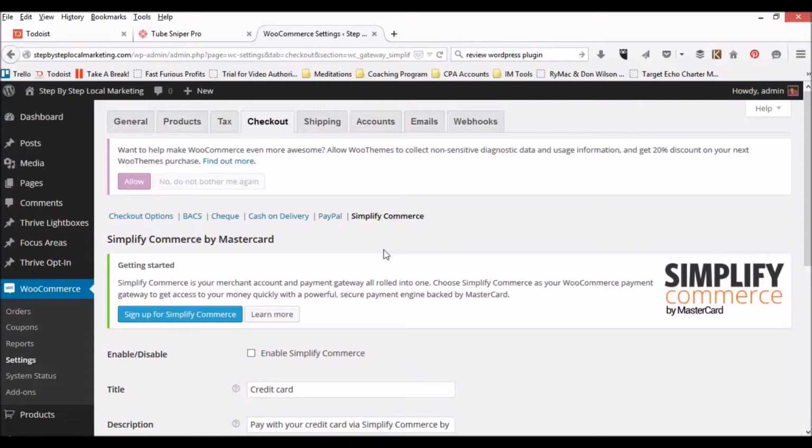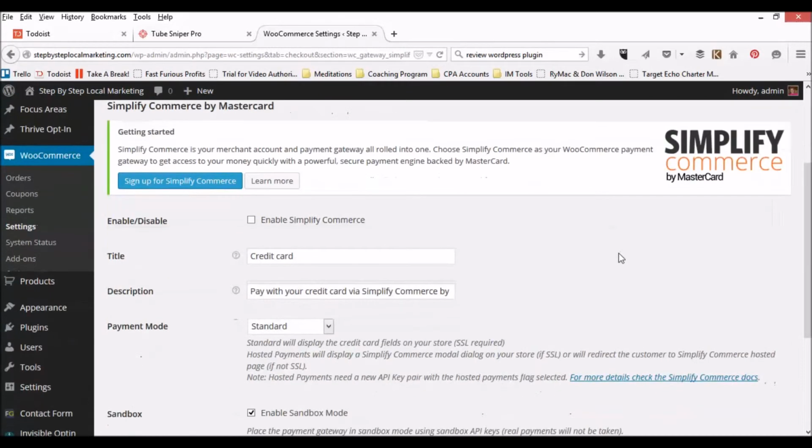So part of the process of setting up an e-commerce store is, how do you get paid? If you're going to accept credit cards, you need to find a credit card processing company. Simplify Commerce is included as default within WooCommerce. You do need to set up and create an account with Simplify Commerce. There are many, many restrictions with this processing company, so do your research,